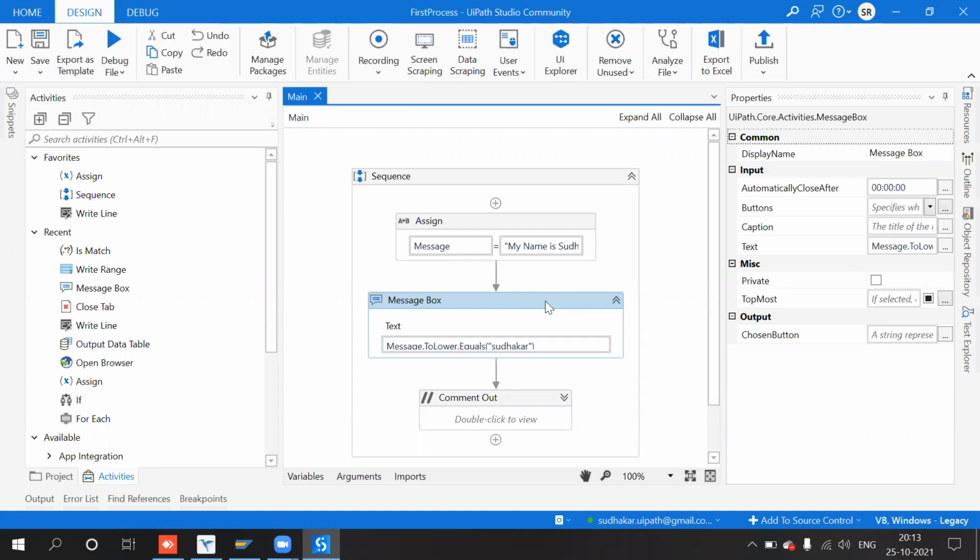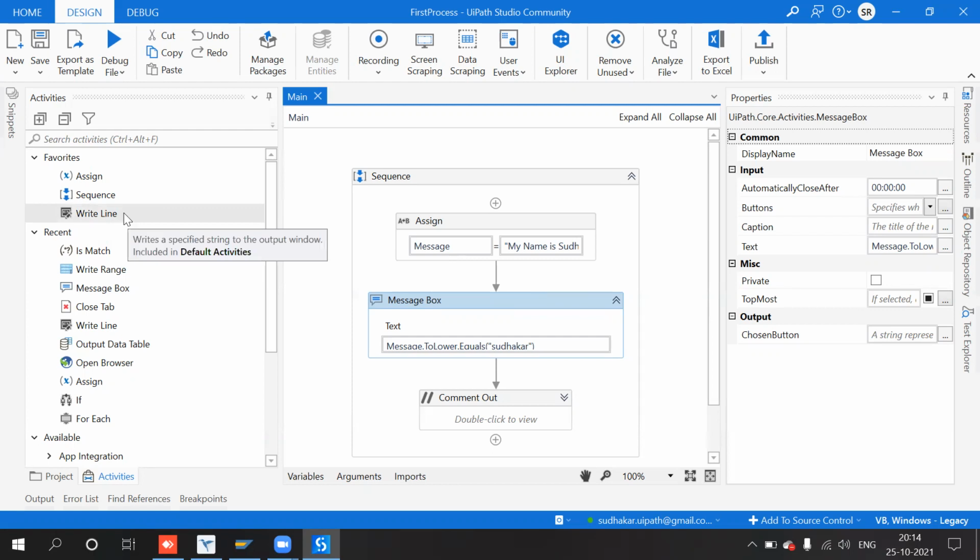It depends on the use case, whether any support person will be available during the execution of the process or nobody is required. So we won't use this message box in production, only for practice purposes to display the output and check whether we are getting the correct output or not.